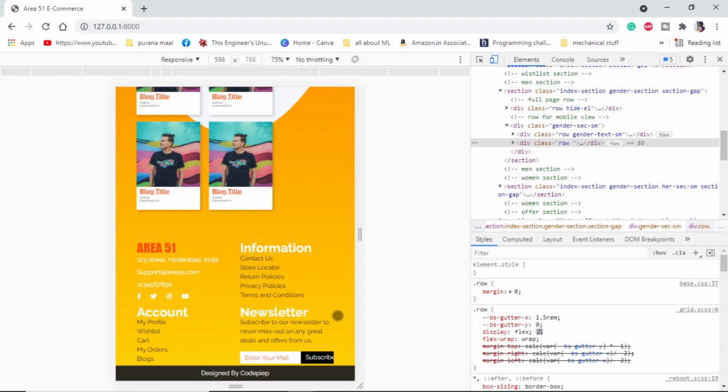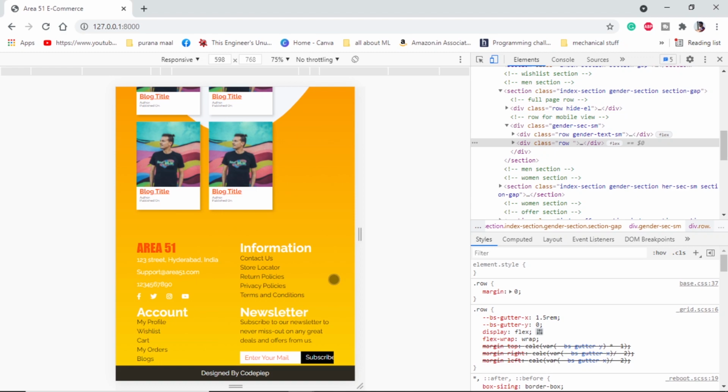I understand that I have missed over a large portion of our HTML CSS part, but that is only because it took me a lot of time to complete the HTML CSS on my own, and it would take even longer to put it in a video. So I hope I was able to convey my message to you guys. And with this, I conclude that our front end is ready, or basically one page of our front end is ready. Let me show you how this website looks like in a real mobile.